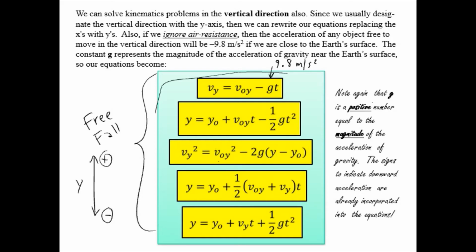Again, the big three, the first three here are the most important. You can solve just about any free fall problem with those equations. So let's take a look at a simple free fall type problem where the motion is in the up and down direction. And it says, suppose you throw a ball straight up into the air. If the ball goes 15 meters above your hand before stopping and falling back down, then what was the original